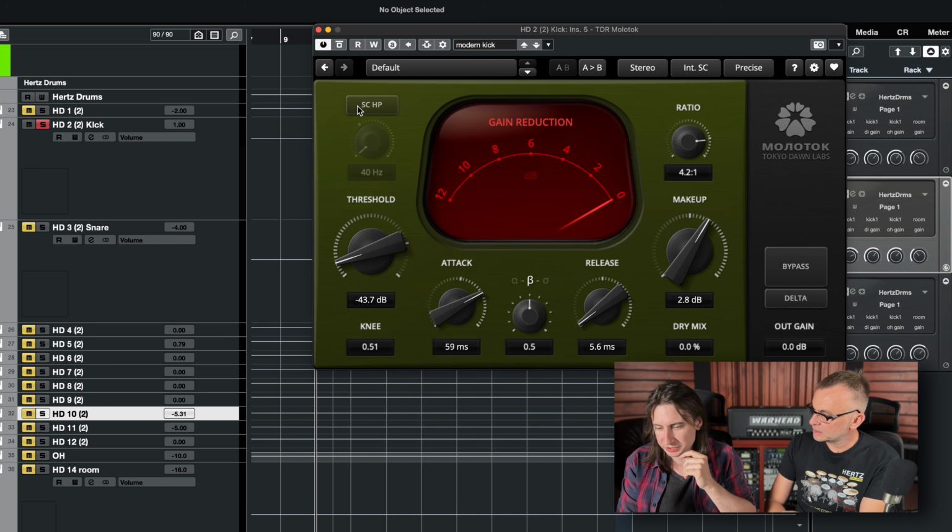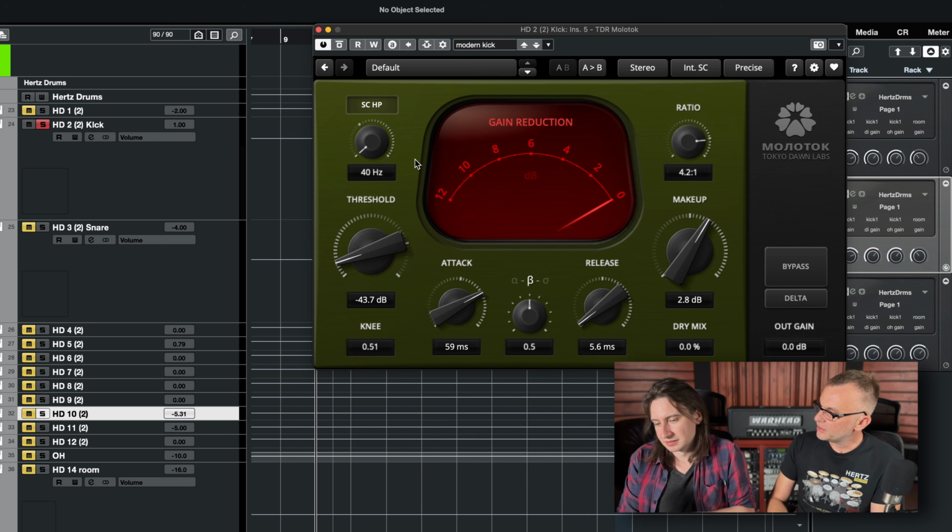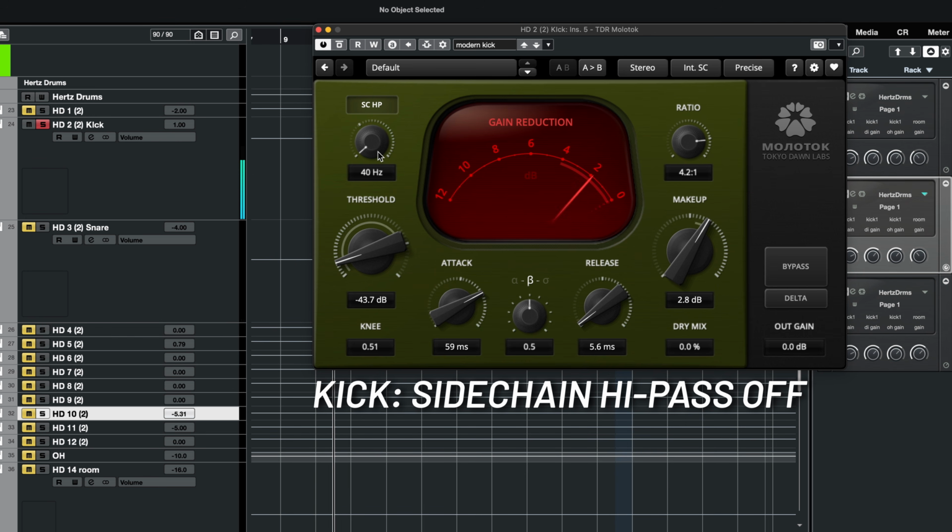I'm hearing the effect, but it makes the low end from the kick sound kind of weird. That's why we have the sidechain high pass filter. This one, right? Yes. Okay, so I need to turn it all the way up to like 250, right? Yes. And then in that case, you allow the low frequencies to pass through the compressor untouched.